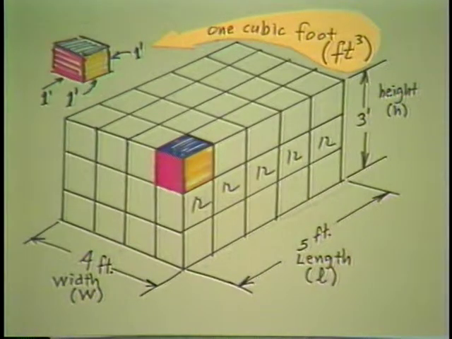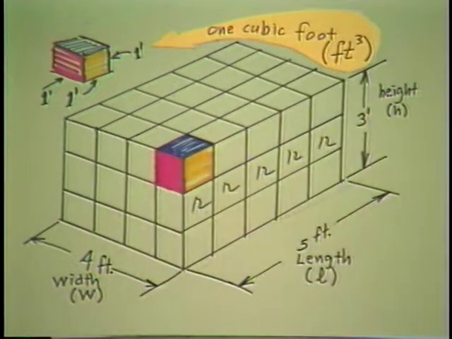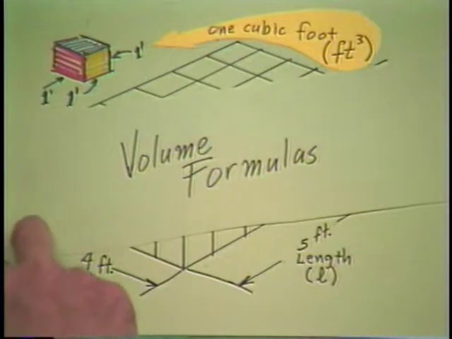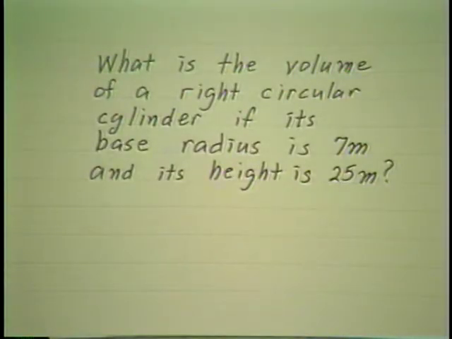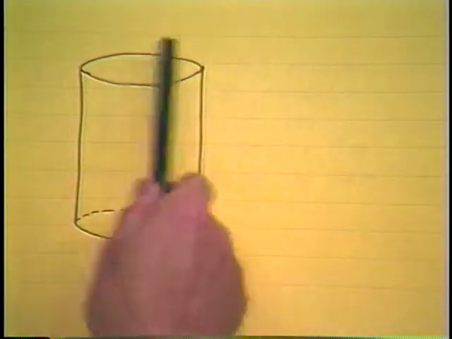So with what we've learned in the last few lessons, we know if we want the volume of a strangely shaped figure, rather than counting little cubes, immediately we'll go looking for some volume formulas. Say you were faced with a problem like this. What is the volume of a right circular cylinder if its base radius is 7 meters and its height is 25 meters? Now, involved in this problem probably are 2 or 3 questions. First, we might ask, what is a right circular cylinder? And if we were to look it up in a dictionary, we would find that basically it's an oatmeal box